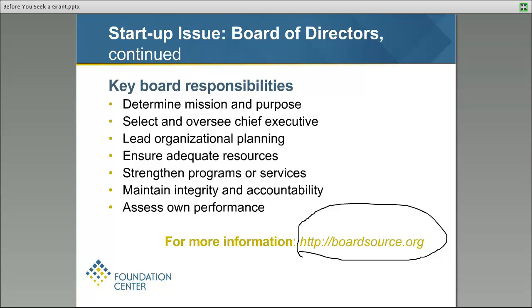selecting, supporting, and overseeing the chief executive, so the chief staff person at the organization in charge of executing the mission, ensuring effective organizational planning, translating a broad mission into measurable goals and objectives, ensuring adequate resources and seeing that they're managed effectively. So it's approving budgets, it's fundraising, bringing in resources for the organization. Determining, monitoring, strengthening your programs, and ensuring legal and ethical integrity and maintaining their own accountability and assessing their